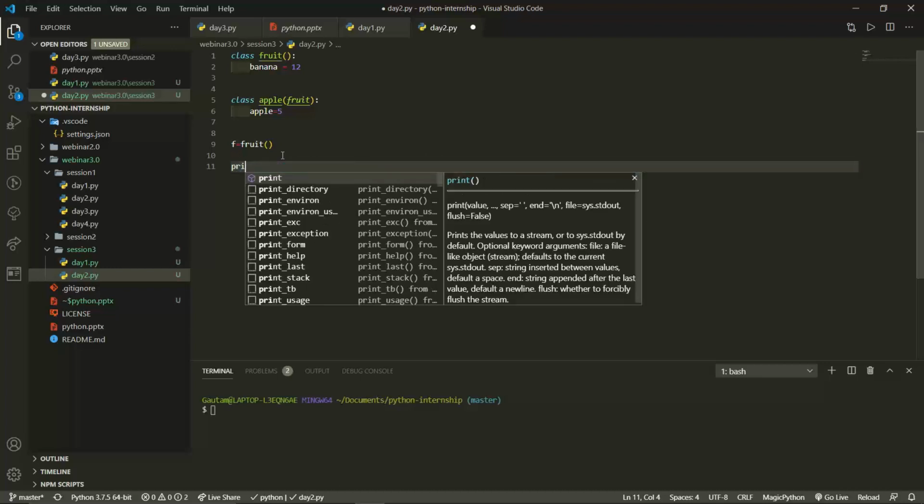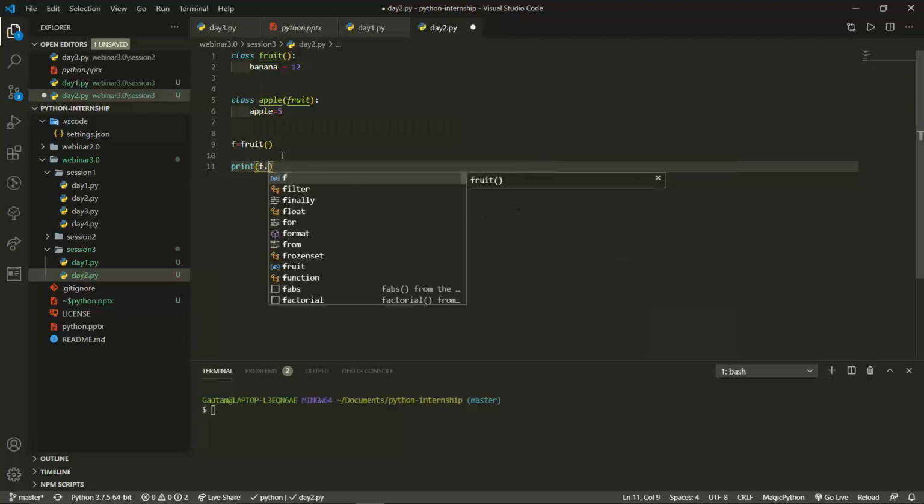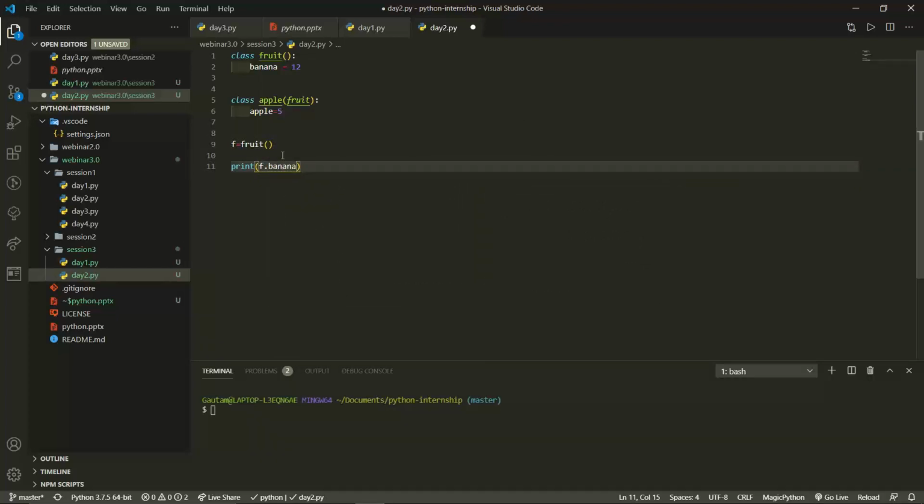I want to print it, so I will print f dot banana, and I must get the data of the banana. So I will execute this code. Okay, you can see we are getting 12.